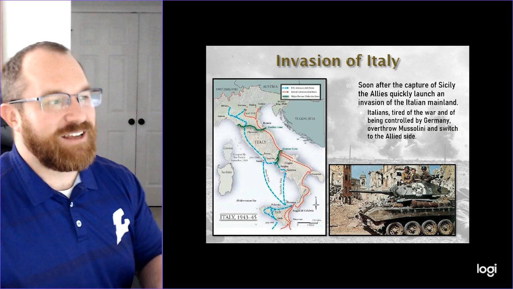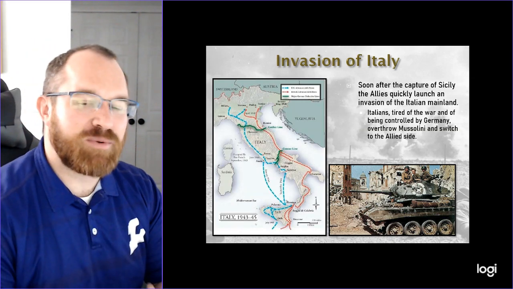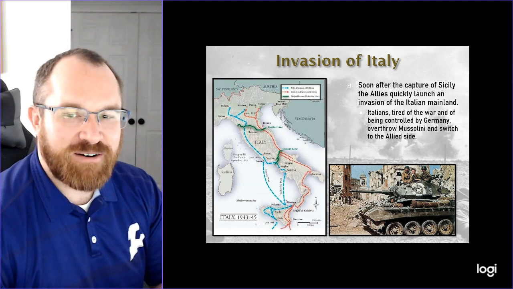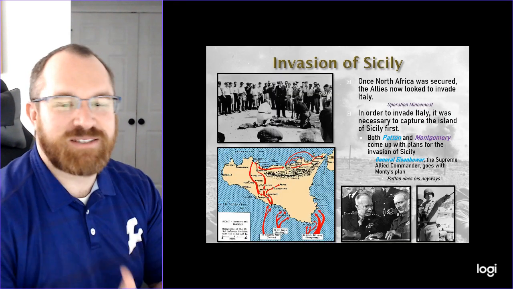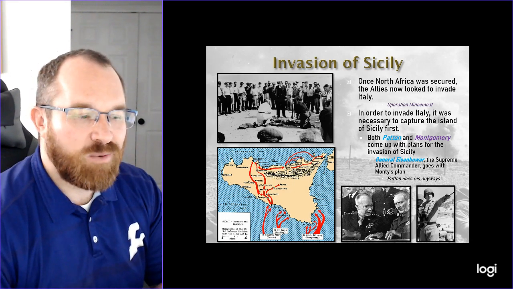Thing is, I'm skipping over so much right here. I go into so much more detail in class on this one. I'm going to skip it over. Just know that there was an incident there. Actually, let me go back to this. There was an incident there that happened on Patton's push towards Messina, where he slaps a